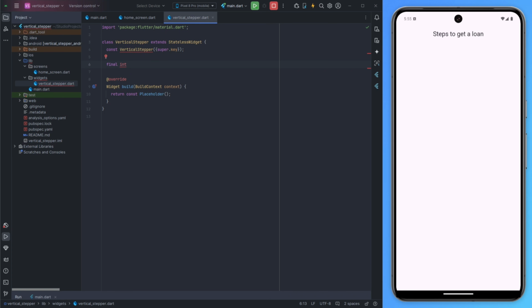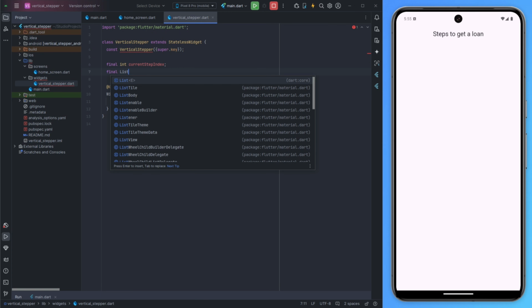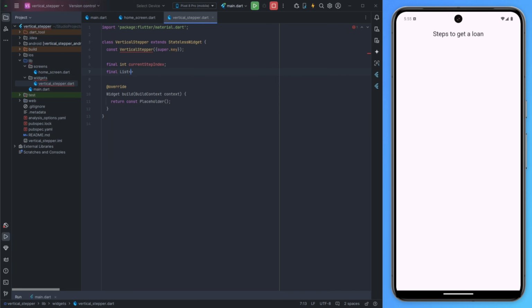An integer variable for the current step index, a list of strings for title and another list for descriptions, a variable for tap action on steps,